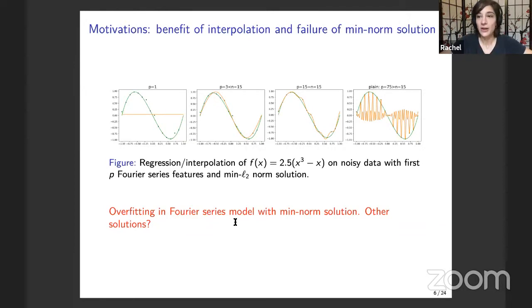I just want to start by saying that at first glance, it still might seem counterintuitive that we could not see overfitting as we increase the size of the model. Here's just a function f of x equals 2.5 times x cubed minus x. That's the function in green here. We have some noisy observations of this function, so x, y pairs, where y is equal to f of x plus a little bit of noise. Okay, that's here. And now the orange function on these plots is us solving for the minimal L2 norm